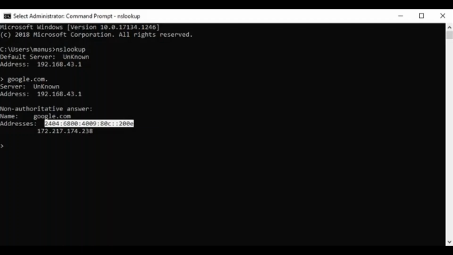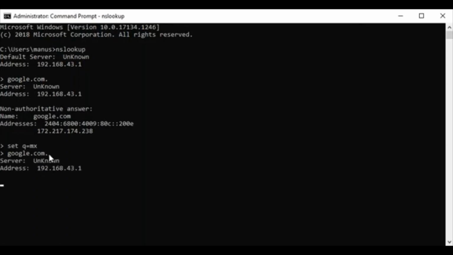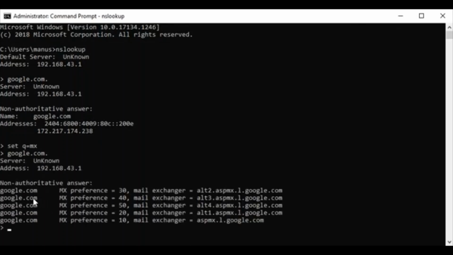Now let's say I want to change the query type to, let's say, MX record. Then what you need to do is type in set q equal to MX, right? And then do the same query again. So now it will show me the MX records for google.com, as you can see here.